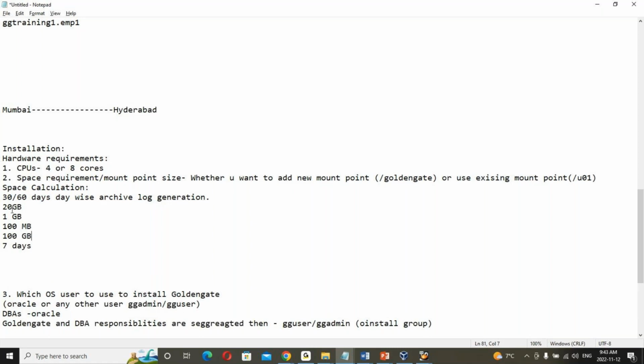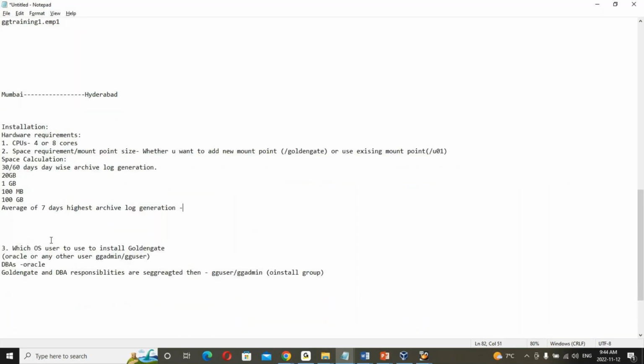So I find the 7 days of highest archive log generation and take the average of those. Suppose the average comes out to be 25 GB,